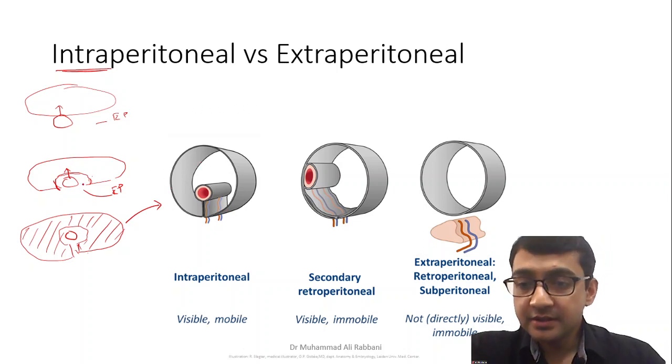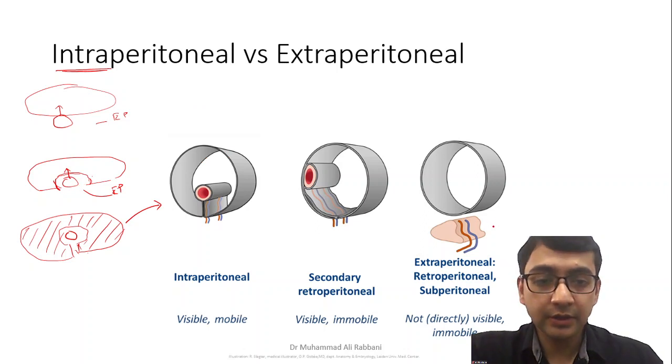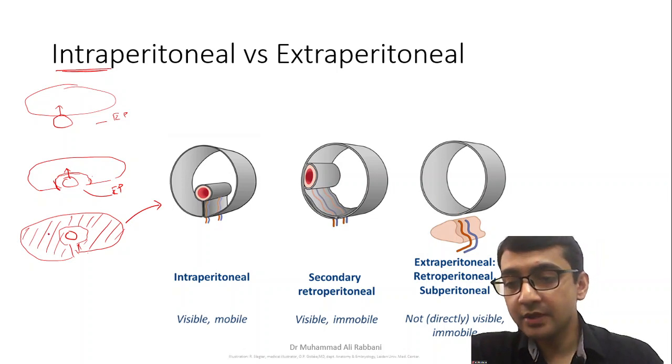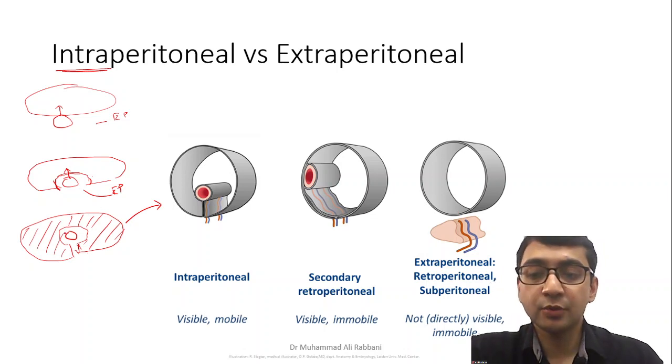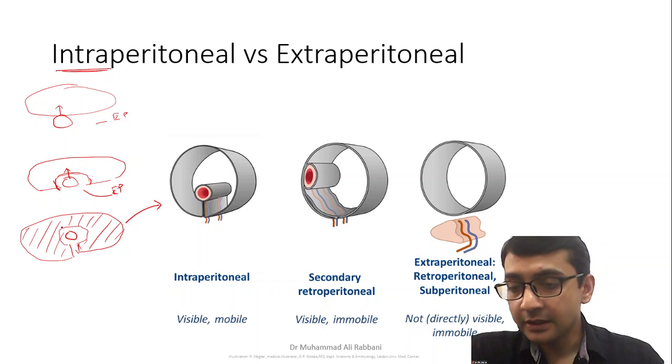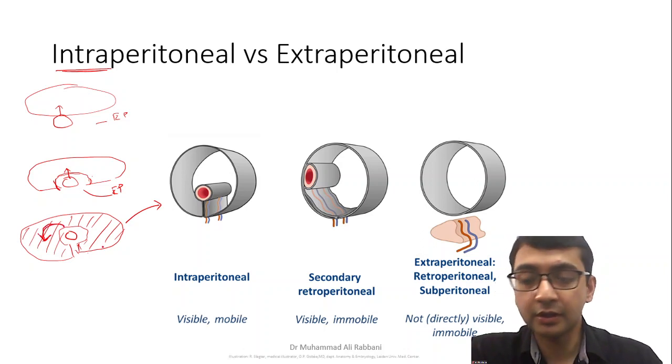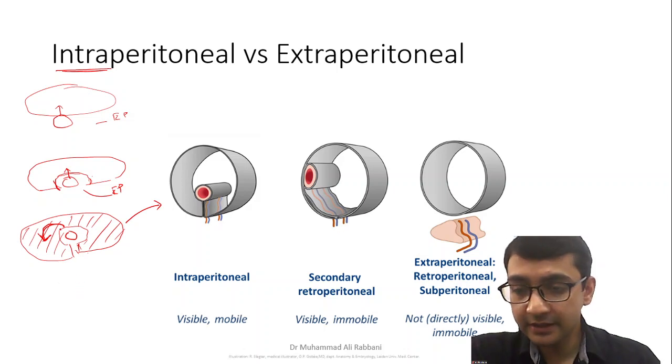Now this is the concept of an extraperitoneal organ, shown in this particular picture. Sometimes embryologically some rotation or movement occurs that moves the gut from its original position. Let's say the gut is moved in the direction of the arrow. When the gut moves in the direction of the arrow, you will see the peritoneum will be something like this.